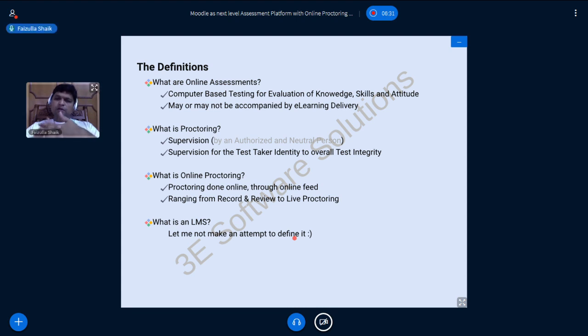Then what is online proctoring? And of course, what is an LMS? Let me not try to give the definition of LMS. Let's have some understanding of this, so that we are on the same page with respect to what we are going to talk about now.